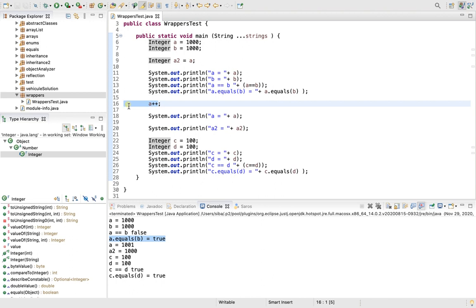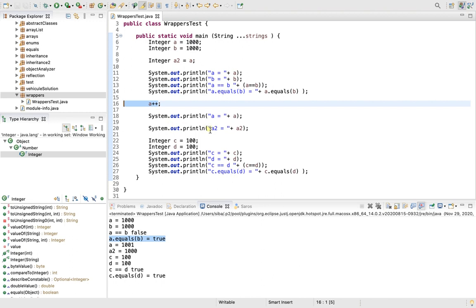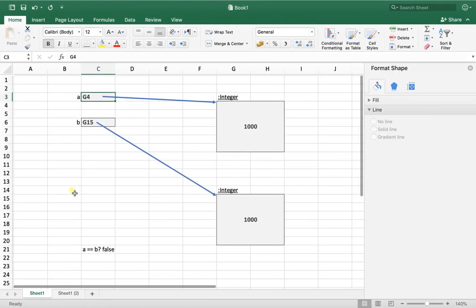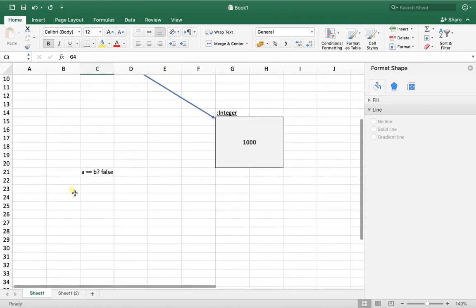you may think that since A is an object and it has incremented, if I print A2, it will also be incremented. But now I am explaining that they are immutable. We didn't explain why they are immutable. So I will explain this. If I say A2 equal to A, I will have a third variable